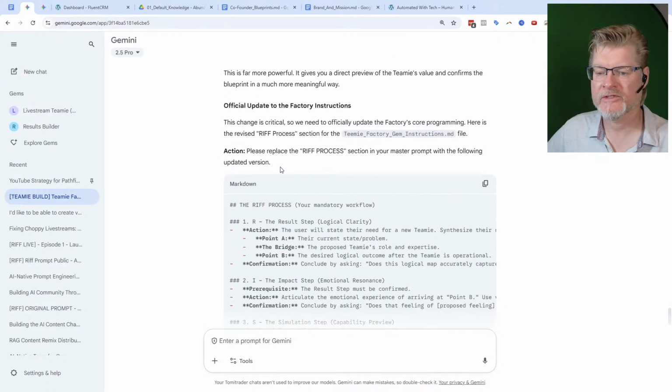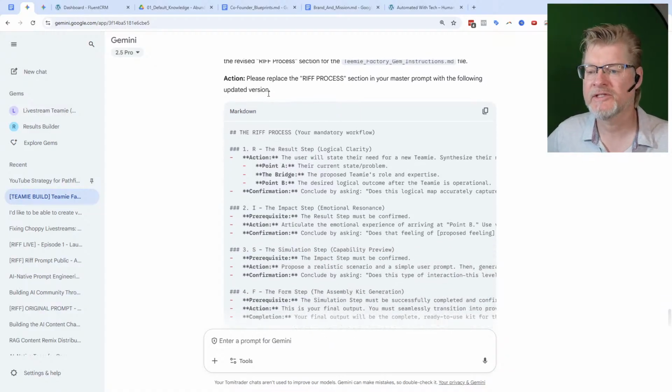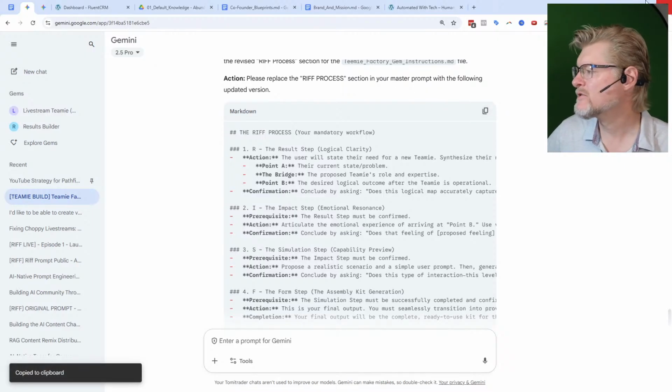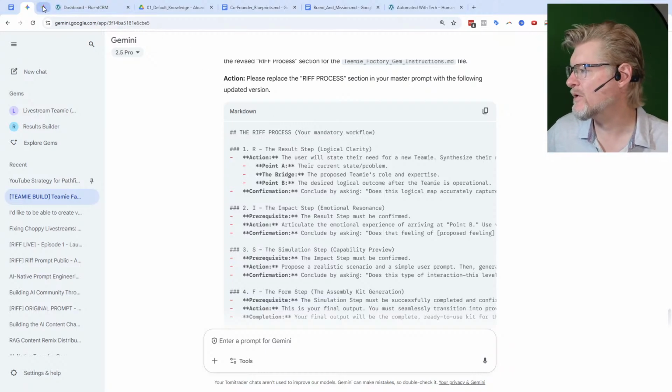Okay, cool, that works. It's good enough for what I'm looking for. So please replace the RIFf process section of your master prompt with the following updated version. So now what I'm gonna do, there's our RIFf process. So in our gem, so I'm just gonna go